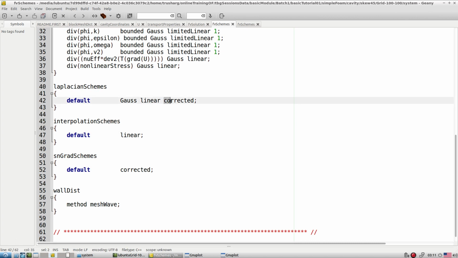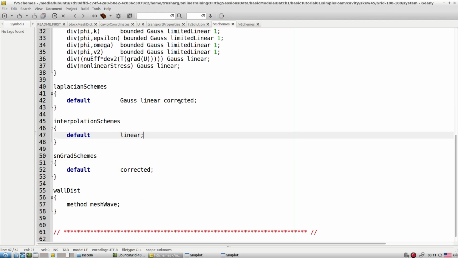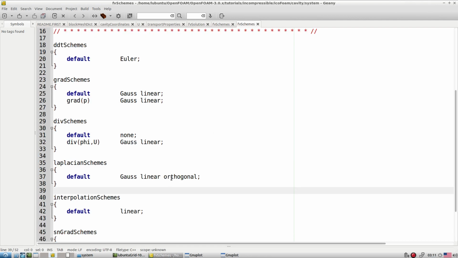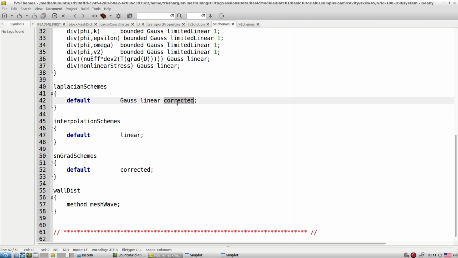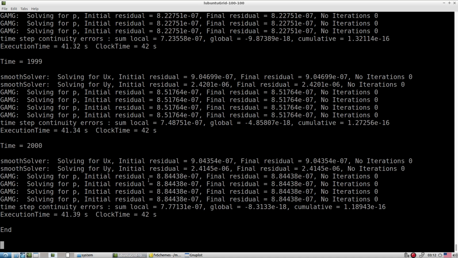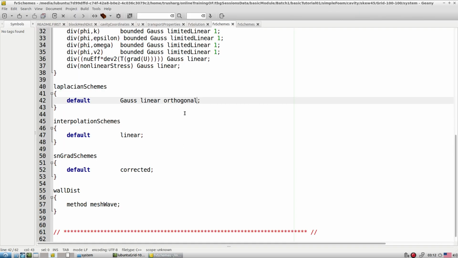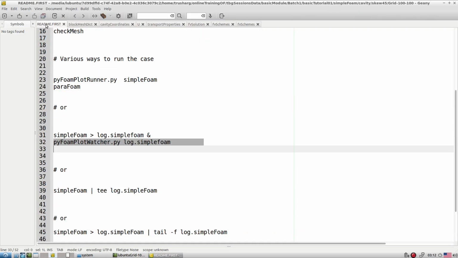That means it will take into account the correction that we set with the non-orthogonal correction entry. But let's say we don't put corrected and we stick to orthogonal. Let me show you what is going to happen. I am modifying this from corrected to orthogonal in our own tutorial. This had converged, so let me stop this simulation. Now I am running again, but before that let me clean the tutorial.